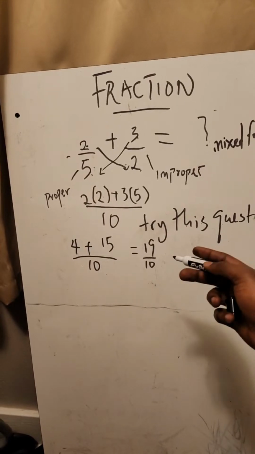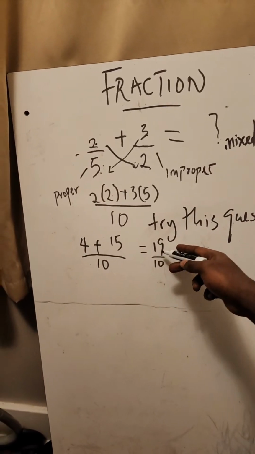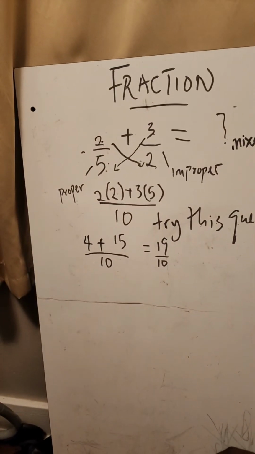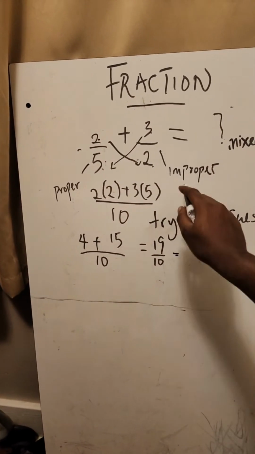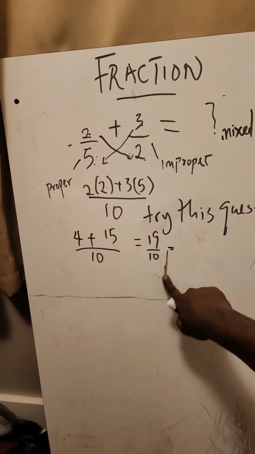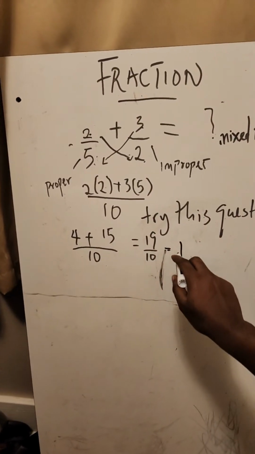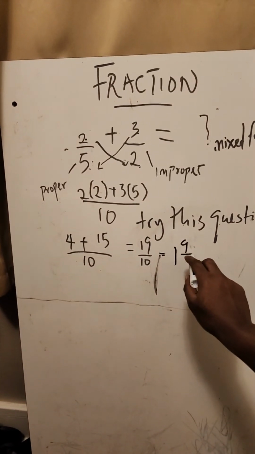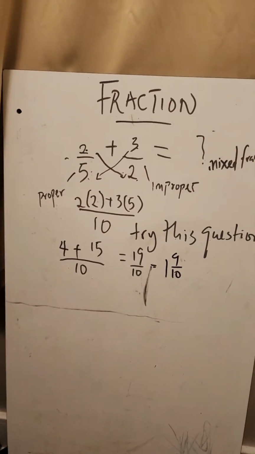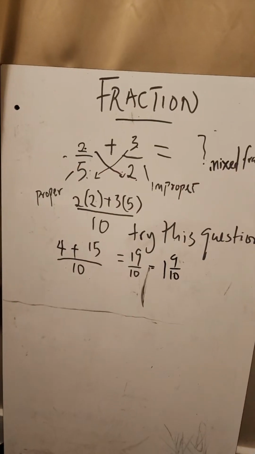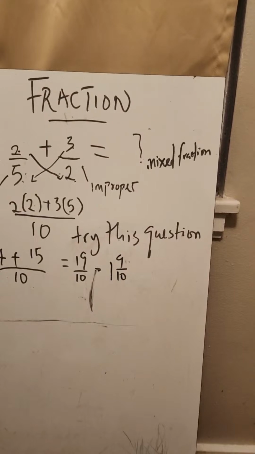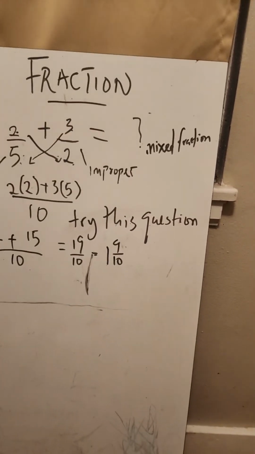If you look closely, 19 over 10, the numerator is more than the denominator. So this is a typical example of improper fraction. So if you want to convert this to mixed fraction, then this is going to be the same thing as saying 1 whole number 9 over 10. So this shows that you've simplified this completely. This shows a full simplification of this. Now, using the same approach, so I'm going to give